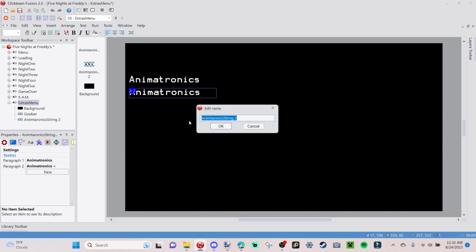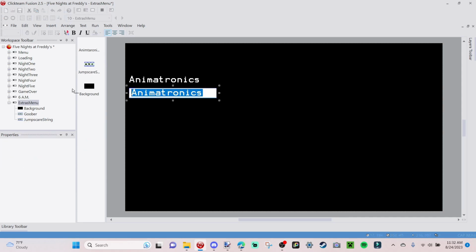So I'm going to rename this to jump scares. Jump scares are my next section. Obviously, you don't have to literally copy everything I'm doing. For example, all my sections are going to be called something different. The top one's going to be animatronics, another one's going to be jump scares, another one's going to be concept art, and another one's going to be a thank you note. And obviously you don't have to copy everything I'm doing, right? But this is just basic stuff. So just jump scare string,